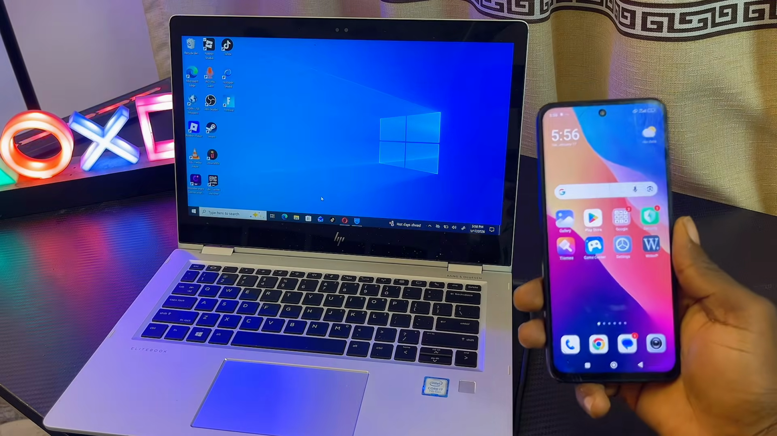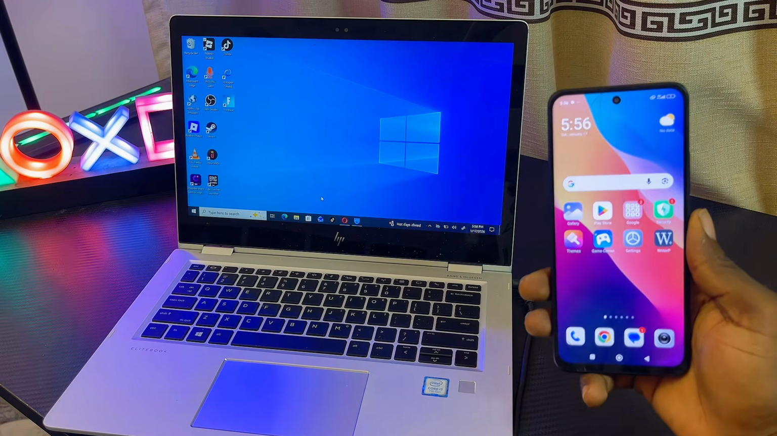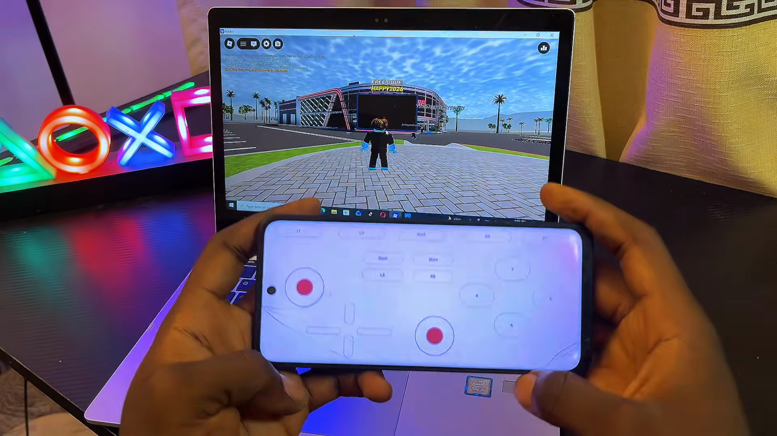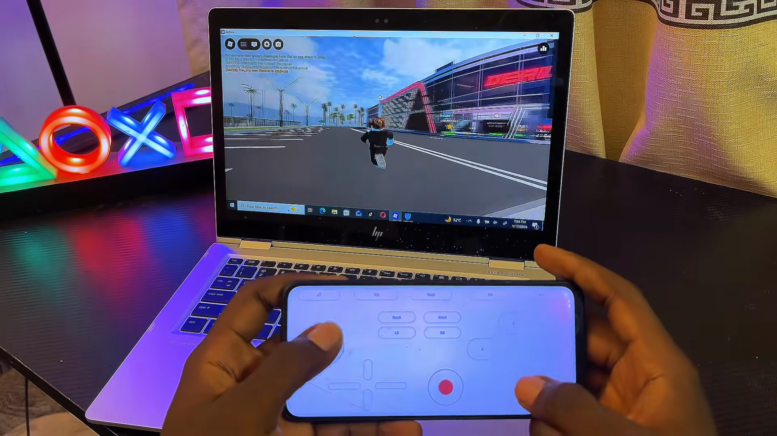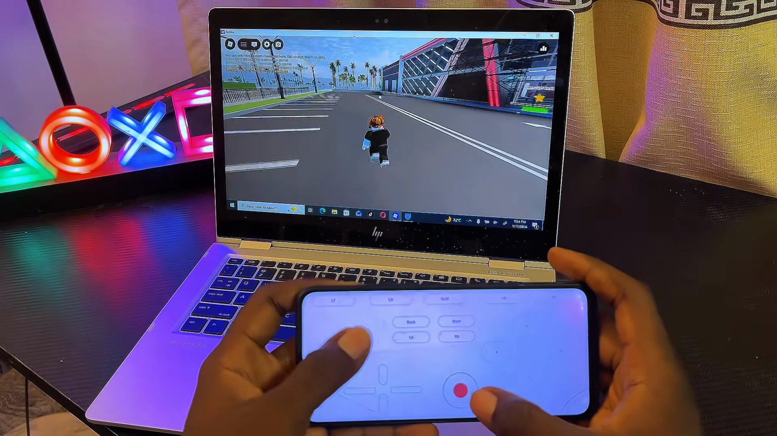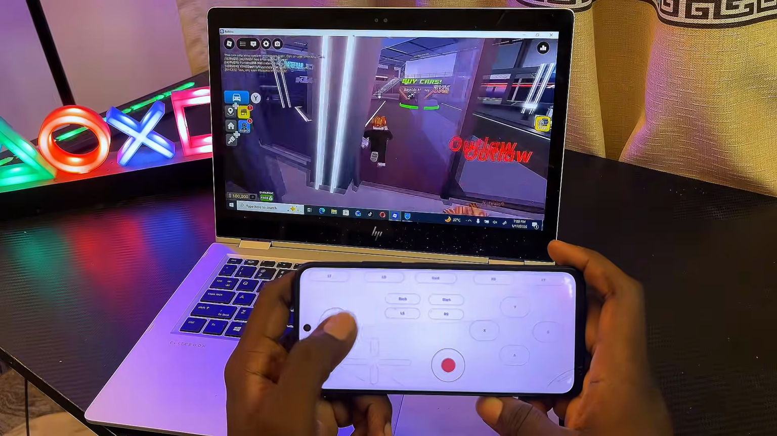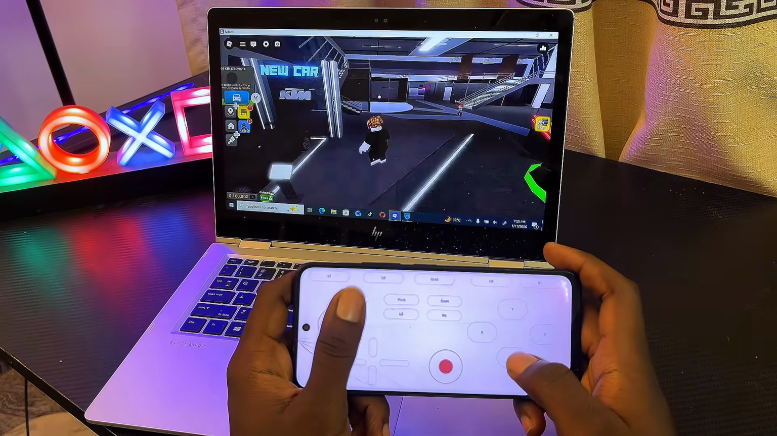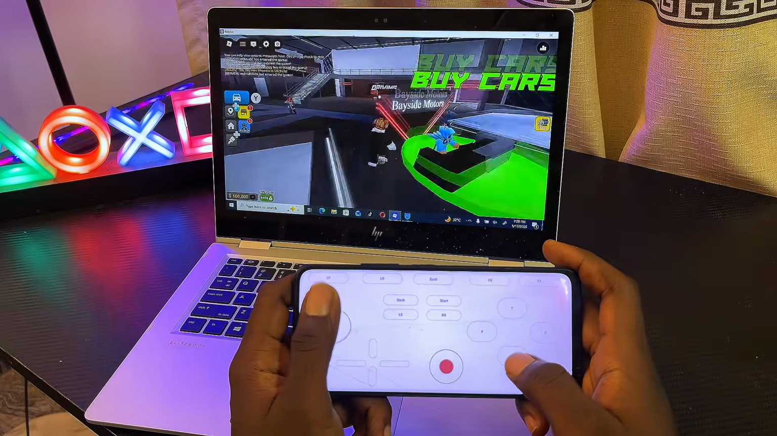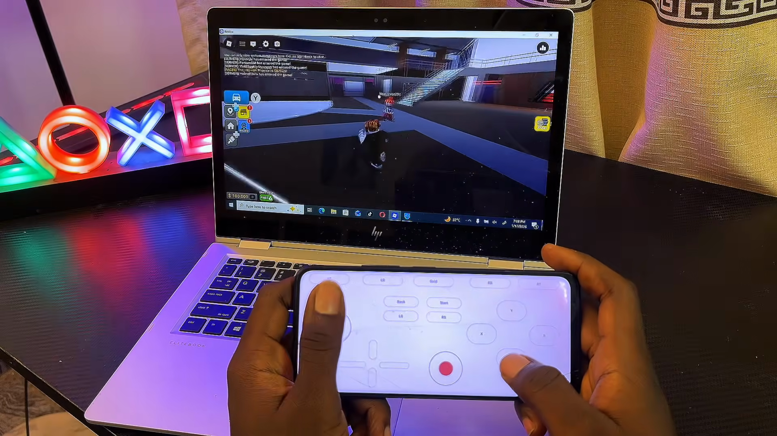Hi guys, in this video I will guide you on how to use your phone as a gamepad for your PC, and trust me, the process is quite simple. By the end of this video you should be able to play all of your PC games. This works for literally any emulator you can think of, and you can play any game, like your Steam games, games from BlueStack, and so on, using your phone as a gamepad for your laptop